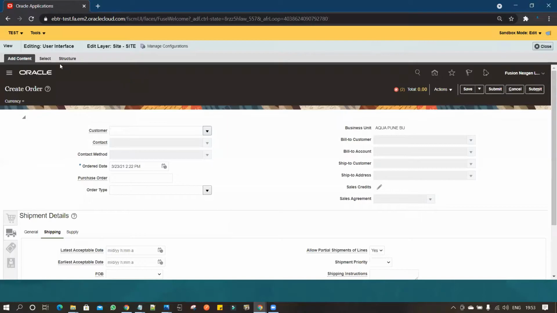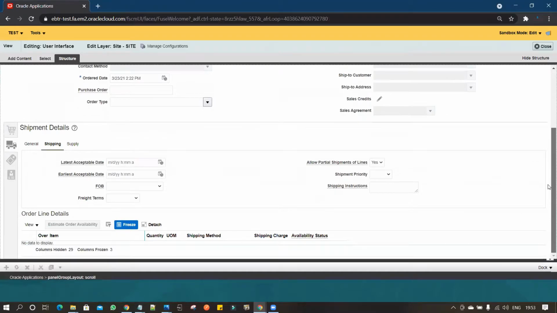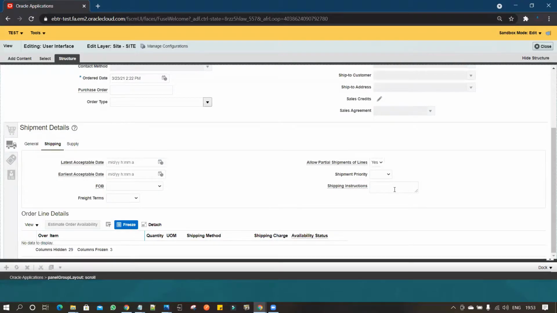Under edit pages you have to go to the structure and make sure you selected the correct field where you want to perform the personalization. For this you have to be careful, otherwise it's quite difficult. Now click on do not ask next time, and click on edit.